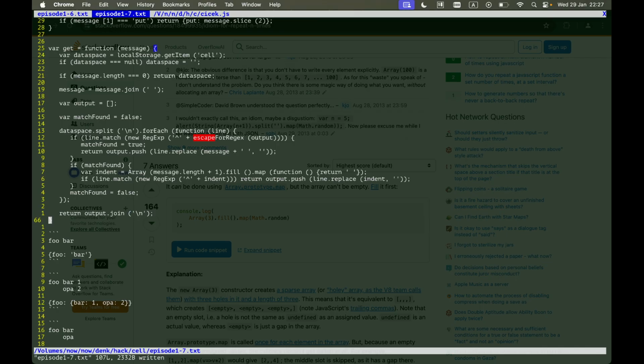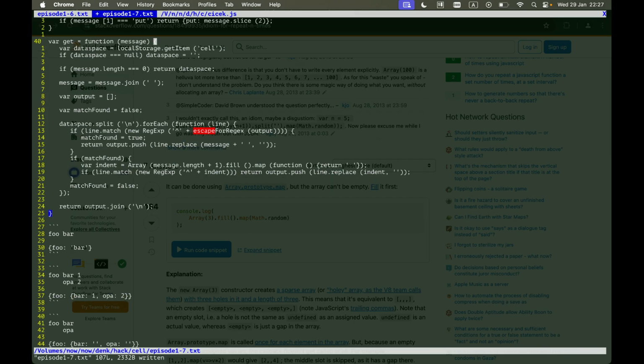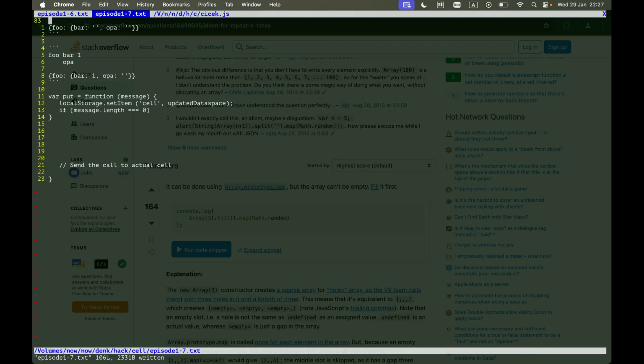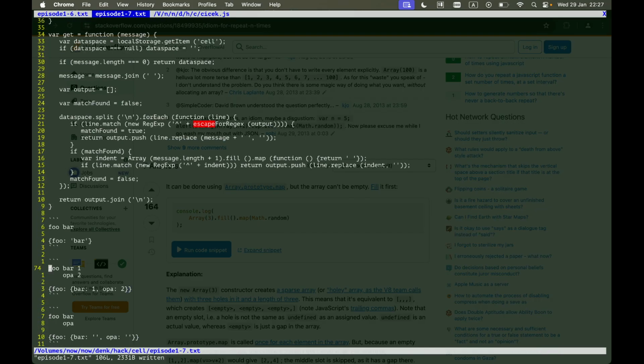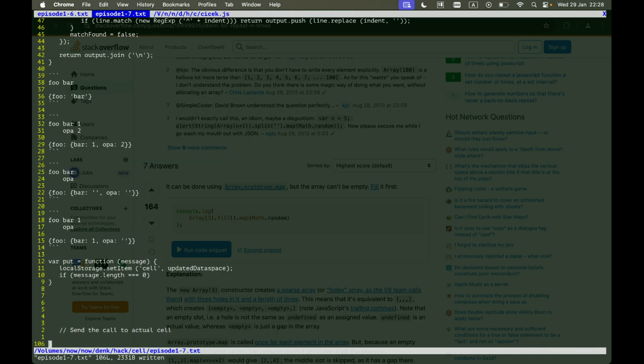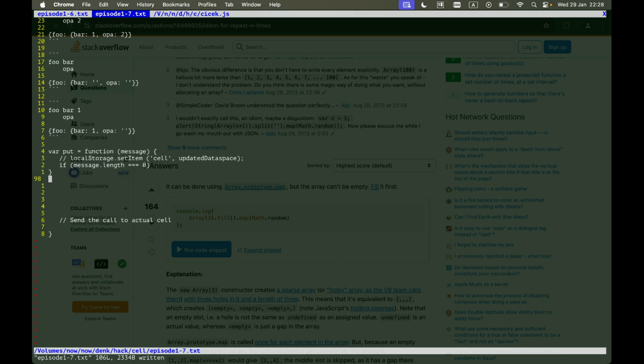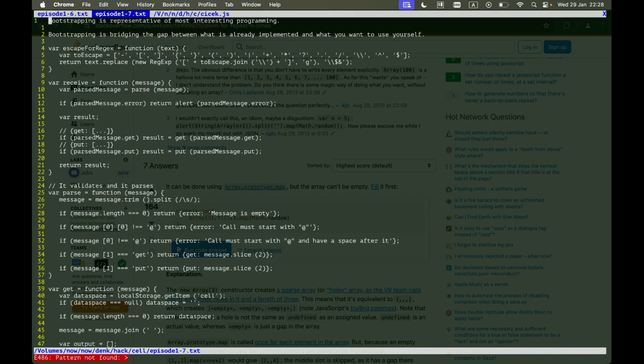Just on time for me to wash my teeth. Super cool. Now we will have to do put, and I'm not going to start on put because that means I will stay until I finish it. But I'll leave this teaser here, which is I know we have to set an item there. And I think we have a lot of our work already done here. So I think we're going to leave it here.